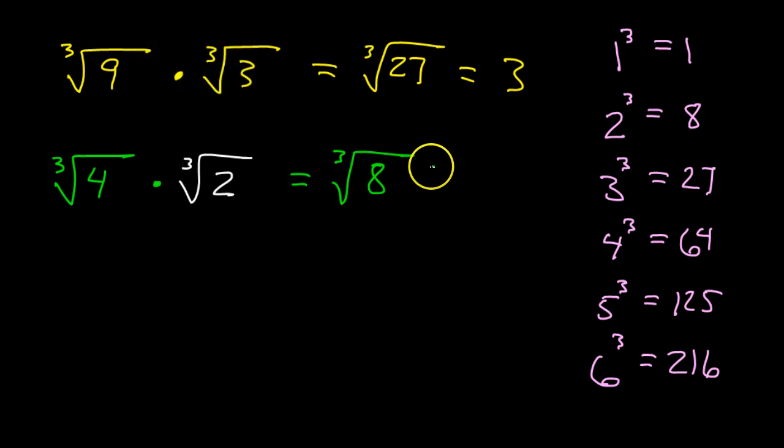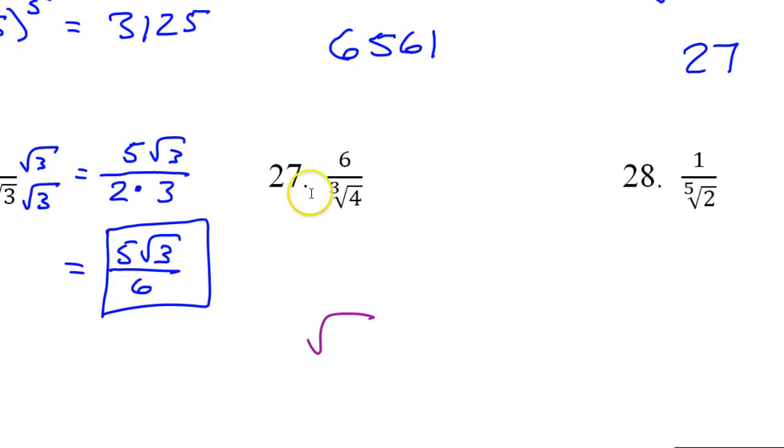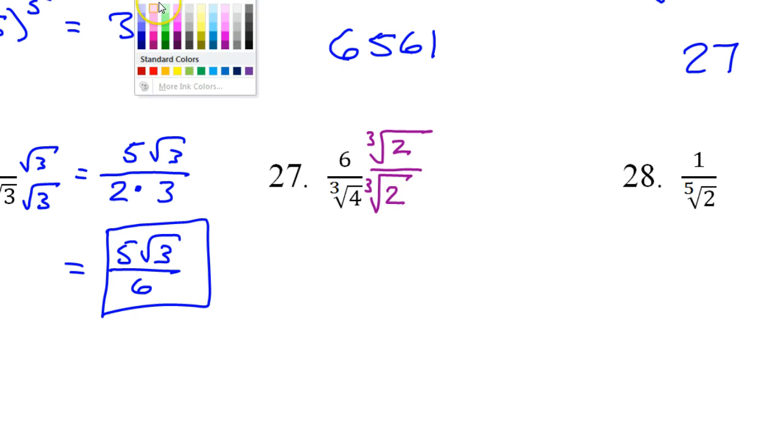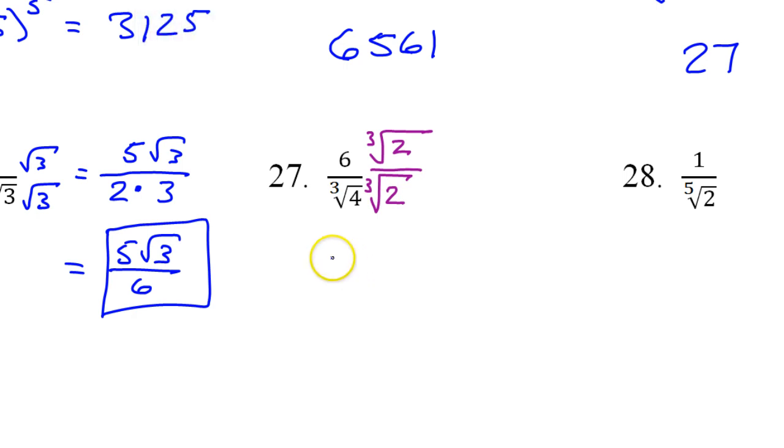And then the cube root of 8 is 2, and I'd have no more radical anymore. So that's why I need to multiply by the cube root of 2. And again, I have to do it in the numerator and the denominator. So that is going to give me,